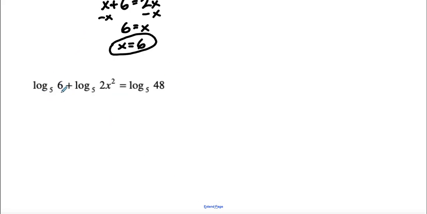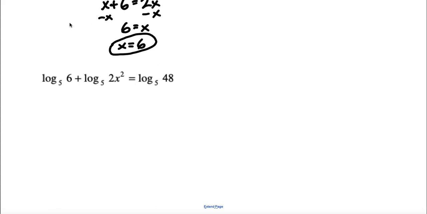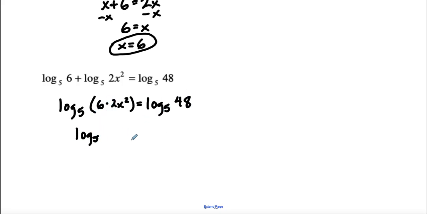Last one. We have a plus sign here, so what does that mean? Well, that means we're going to have to multiply to combine it into one log. So we're going to take log base 5 of 6 times 2x squared equals log base 5 of 48. Once I'm multiplying this, that's really log base 5 of 12x squared equals log base 5 of 48. Notice here we got two logs of the same base equal to each other, so that just means that 12x squared